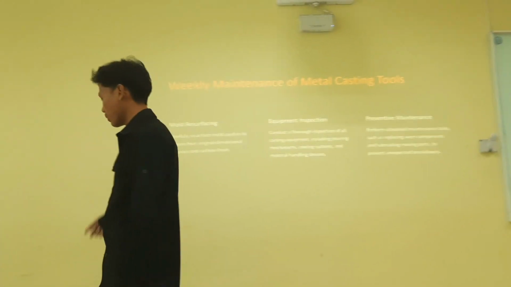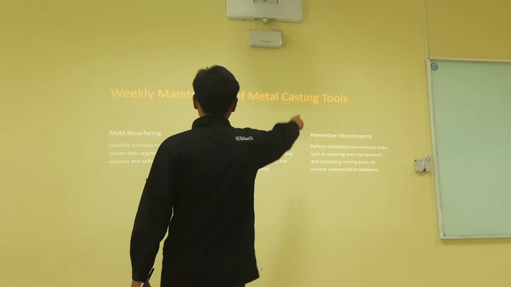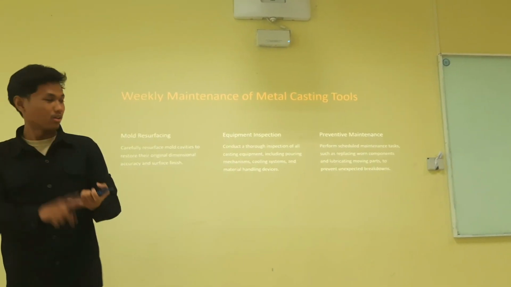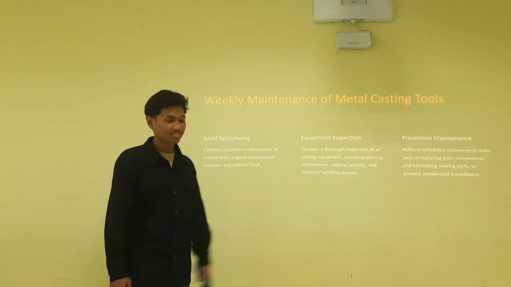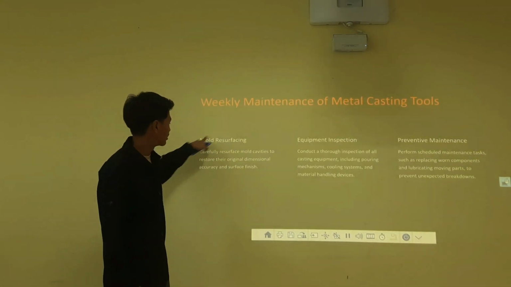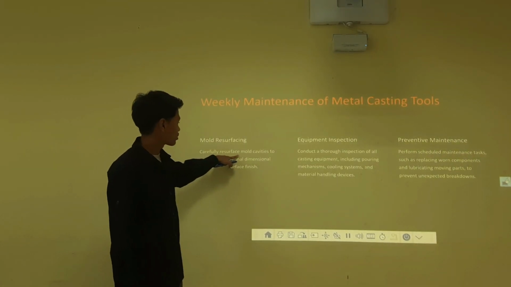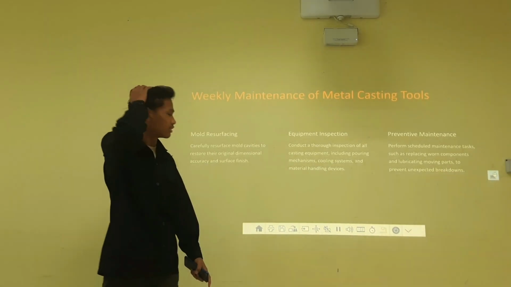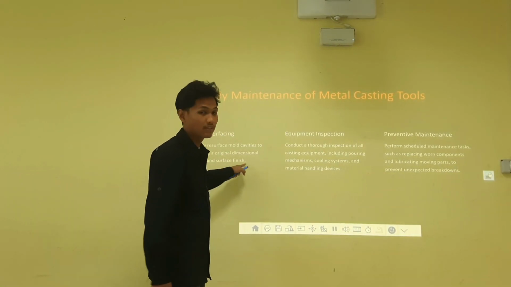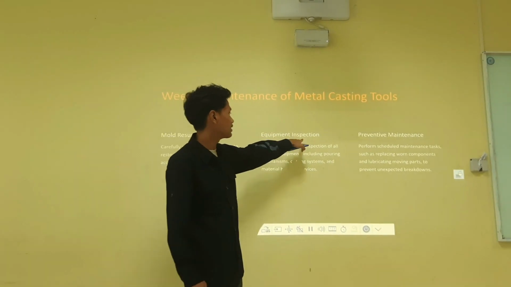Next slide is weekly maintenance of metal casting tools. Weekly, there are 3 points. Number 1, mold resurfacing. Carefully resurface mold cavities to restore their original dimensional accuracy and surface finish. Number 2, equipment inspection.